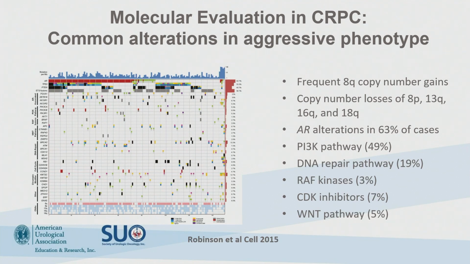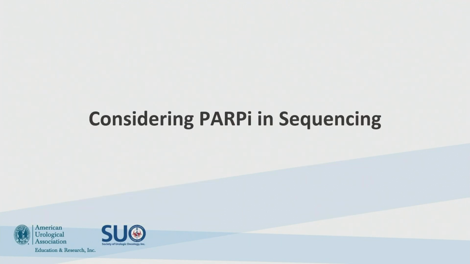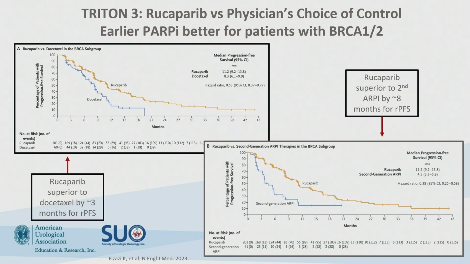I think we've talked quite a lot today about AR alterations. We've talked about RB, PTEN. You can see here there's others, HRR, DNA repair pathways. So these are complex, and understanding using the sequencing information is very, very interesting. Let's think about PARP inhibitors, and really the best sequencing information I have here, because we do not have do this, then do that, then do this kind of information for PARP yet, is that TRITON3, which we heard about a little earlier,